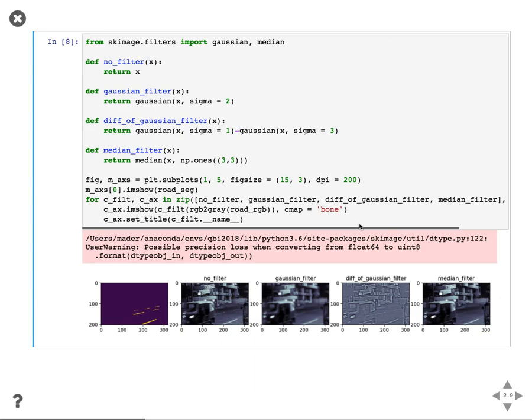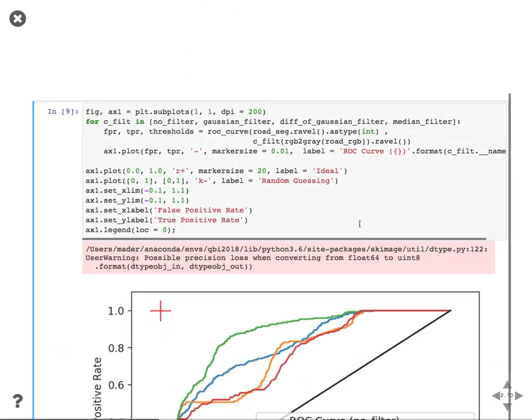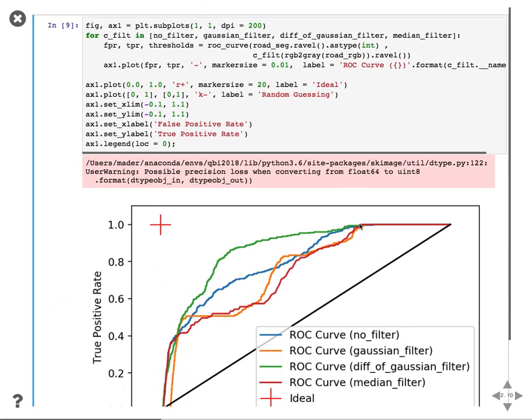But with the ROC curves, we now actually have an ability to measure which ones work best. And so we can go down here and make an ROC curve for each one of those images, and we now see how they compare with one another. So you have the no filter, the Gaussian, the difference of Gaussian, and the median filter, and each one of those is a different line. And so